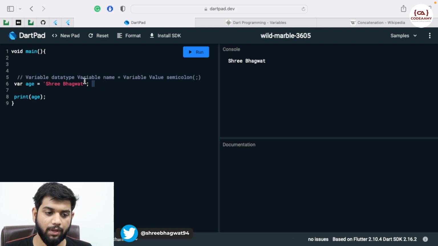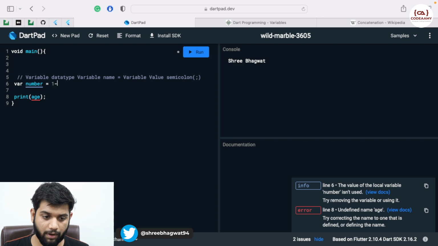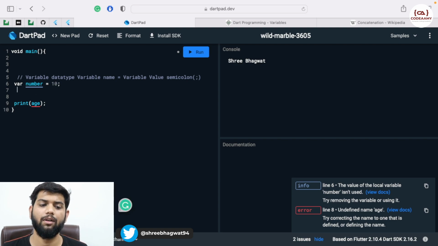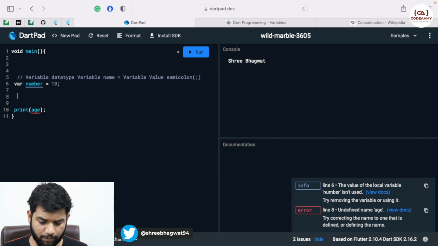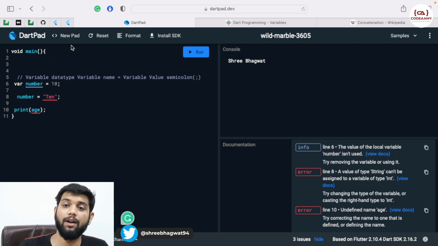For example, let's say I have created a variable called number and I have given the value 10 over here, and next I'm changing this number to a string.